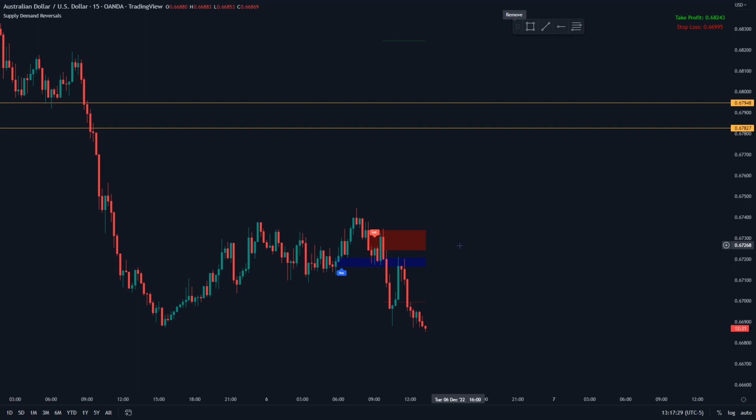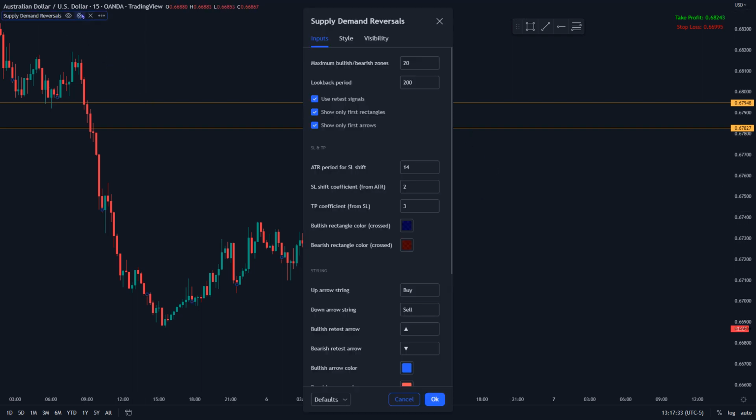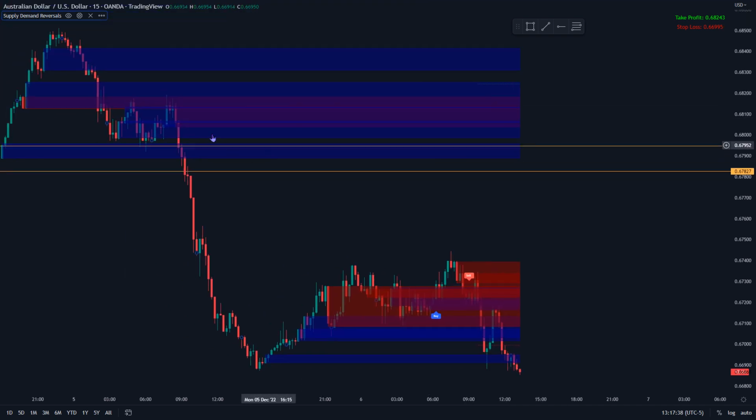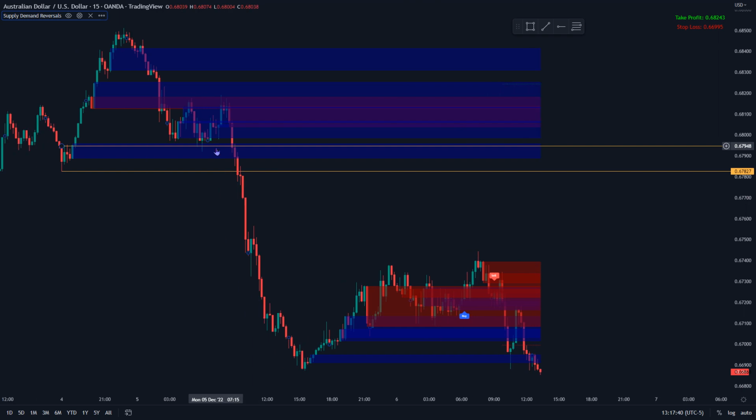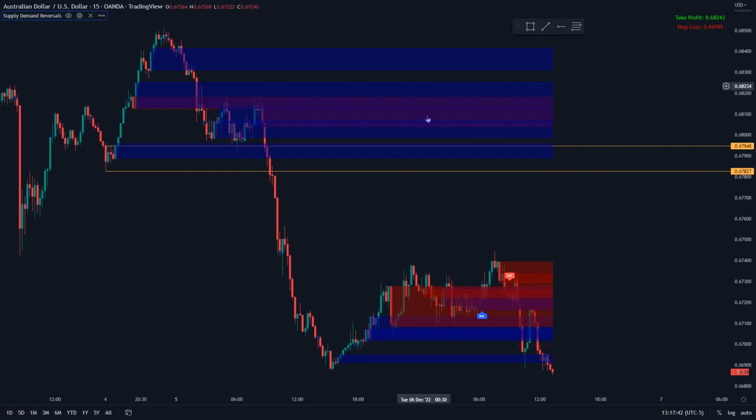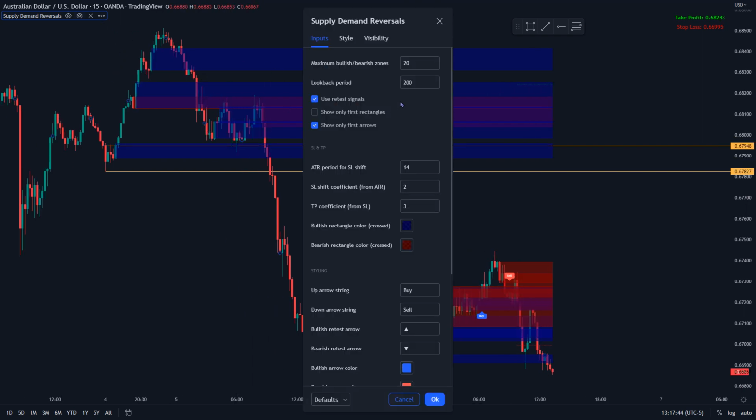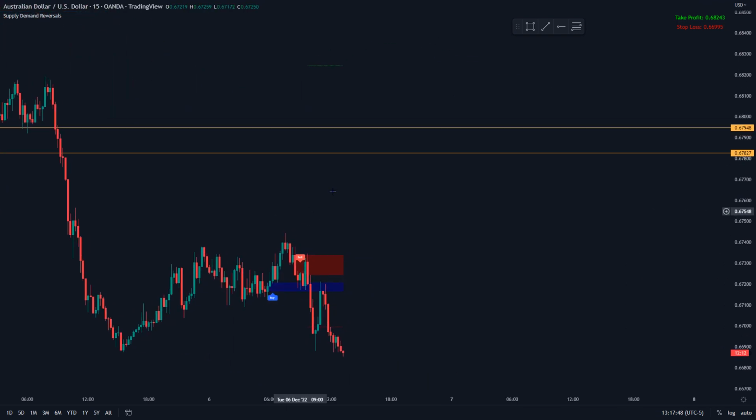We can expect, maybe not necessarily these zones to hold any relevance, because a lot of these have already played out and made their moves. But what we could expect is once price reaches up here into our 4-hour sell zone, to maybe see something